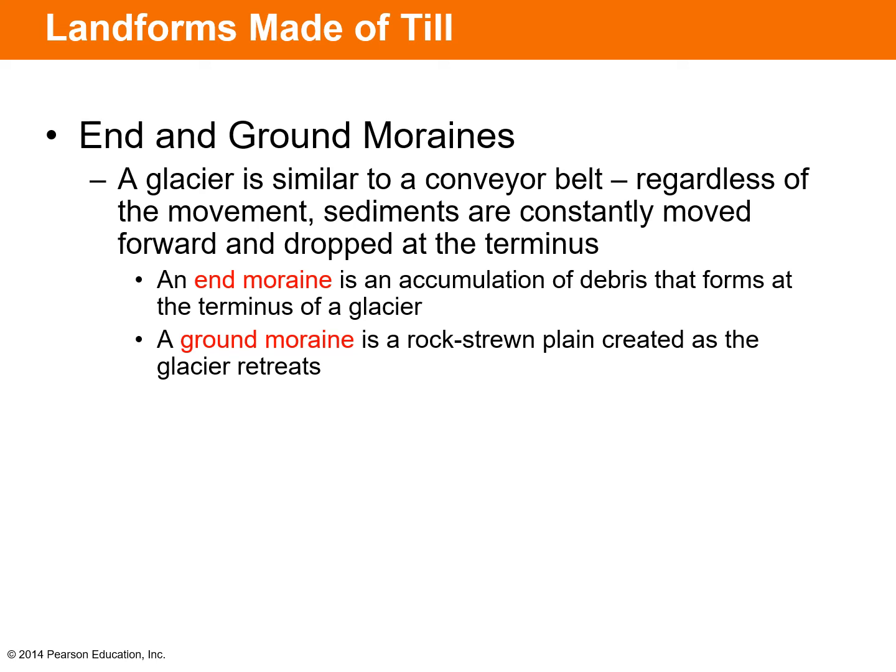And then a ground moraine is sort of a rock-strewn plain created as the glacier retreats. So you can think of the end moraine as the terminus of the glacier at its maximum extent, and then a ground moraine is created during the glacial melt period. So you can think of this as during the spring or summer as the glacier is retreating. And each step along the way as it's retreating forms another ground moraine because that conveyor belt is continuing to work regardless of whether the glacier is growing or shrinking at the time.